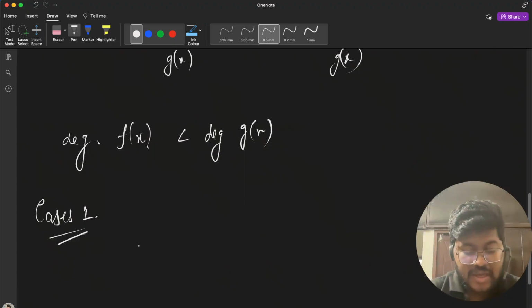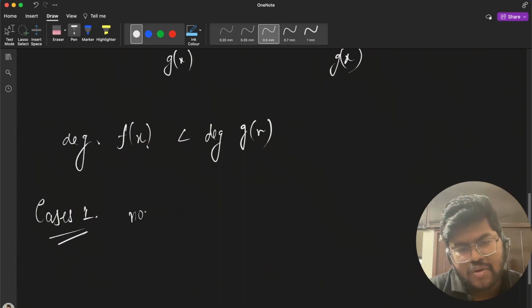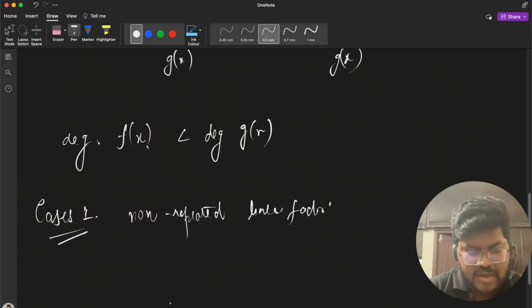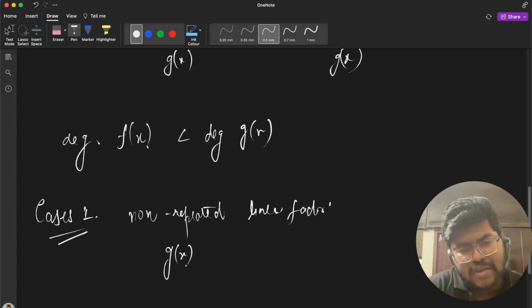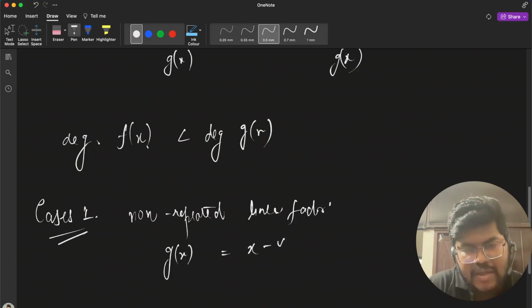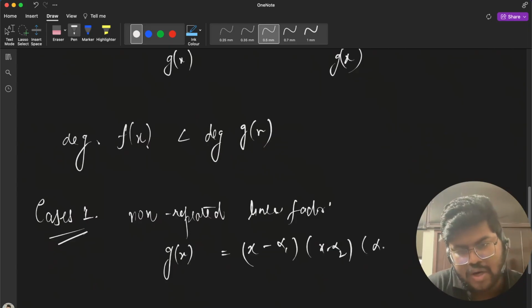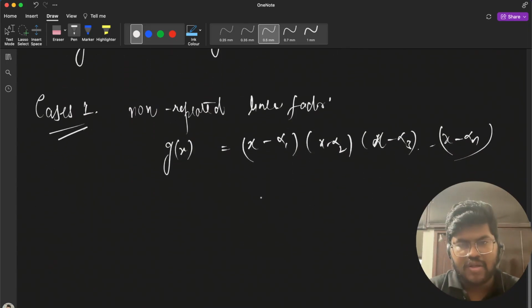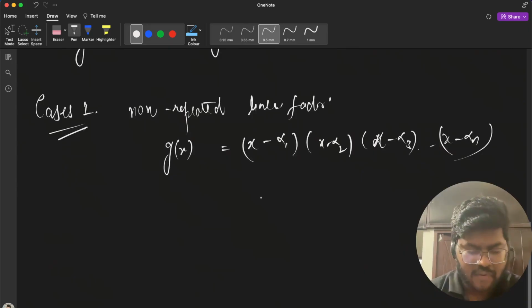One of the cases is when it contains non-repeated linear factors. Like, g(x) can be written as (x minus alpha 1) times (x minus alpha 2), not repeating, (x minus alpha 3), and so on up to (x minus alpha n), non-repeating, and it is linear, not in the form of a quadratic or biquadratic. Then